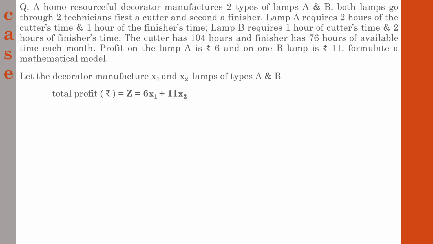The data is regarding the work done by the finisher and the cutter. Colloquially we can easily say that, but from the details given in the question it is all messed up. We can't easily identify the time taken by the finisher on lamb A or the time taken by the cutter on lamb B. To exactly pinpoint a factor is very difficult directly from the question. So in such cases, it is better to write those data in the form of a table.